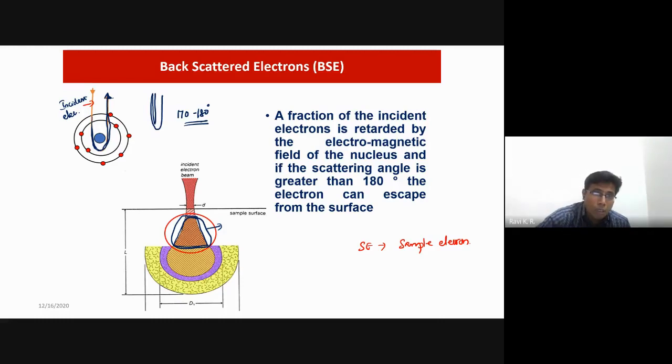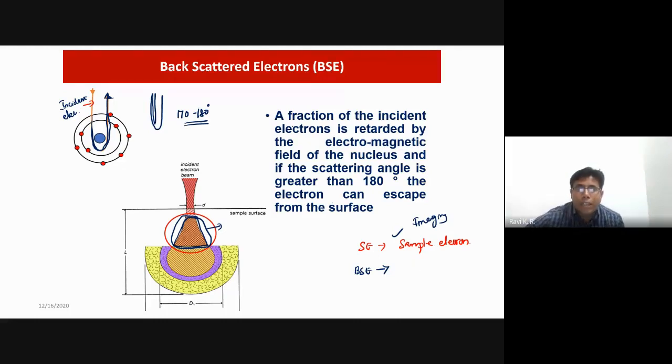On the other hand, one incident electron can knock off a secondary electron here, and while traveling, at another atom it can knock off another. So with multiple collisions you can still produce more than one secondary electron. But the number of backscatter electrons is limited. That is another reason why you don't see much resolution. The resolution of secondary electron is much better, so generally we use secondary electron for imaging purposes. Backscatter electron we also use for imaging, but the reason is slightly different.